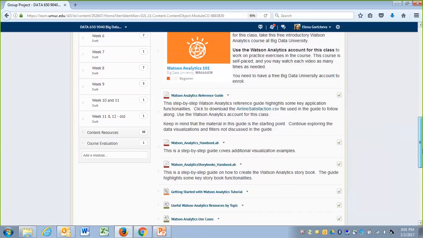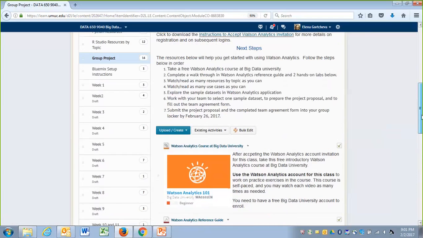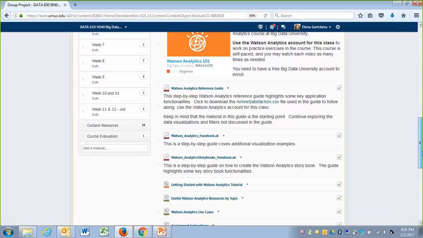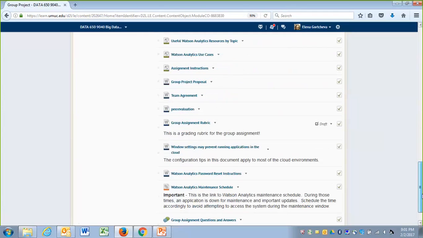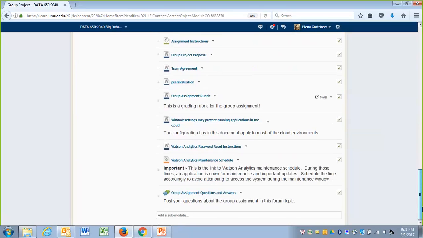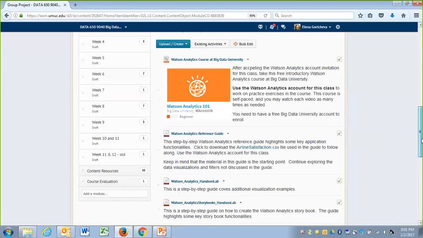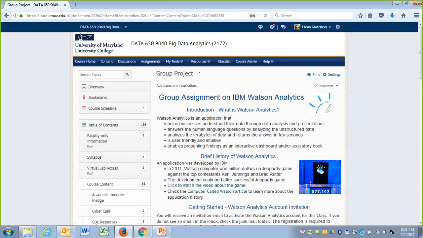Attend or at least watch the recording for the Watson Analytics walkthrough, and then in your group, I will be providing all the data sets for the group project explicitly, and as a team, you will be able to select what will work better for you and what will be the purpose of your project.